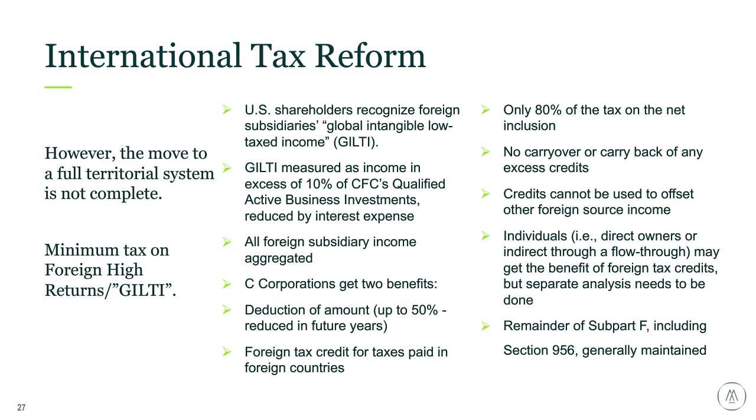tax return. And the way that the computation works is that for a C corporation, it's meant to impose an additional U.S. tax on a company's foreign earnings if those foreign earnings aren't subject to at least a 13.125% effective tax rate. That applies till 2025 when some of these benefits or some of the computation items change. After 2025, then the foreign effective tax rate that is being targeted is 16.4%.